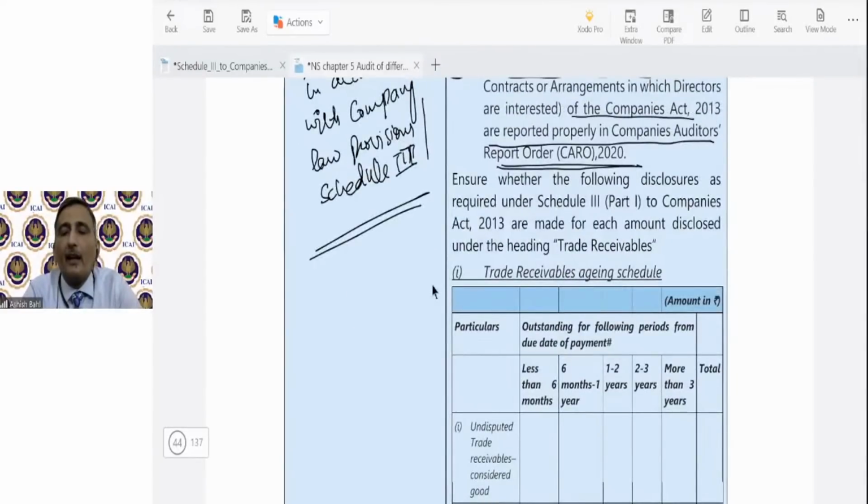Now, students, aging is very important. Schedule 3, Division 1 has made it mandatory for every company to give aging of trade receivables in the